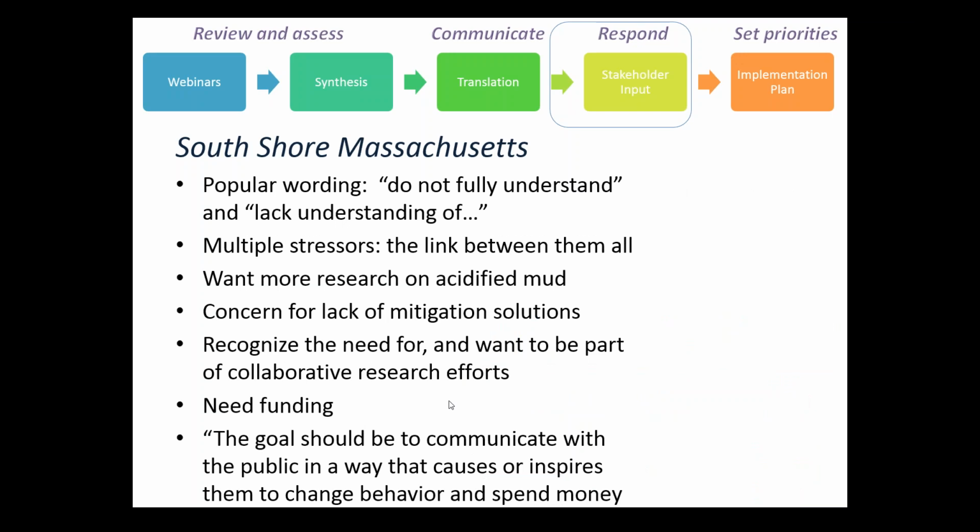In South Shore, Massachusetts, some of the popular wording was "do not fully understand," lack of understanding. What's the link between all the multiple stressors? What's happening with acidified mud? What are some of the mitigation solutions? Wanting to be part of collaborative research efforts, but we need some funding, and the goal to communicate to the public